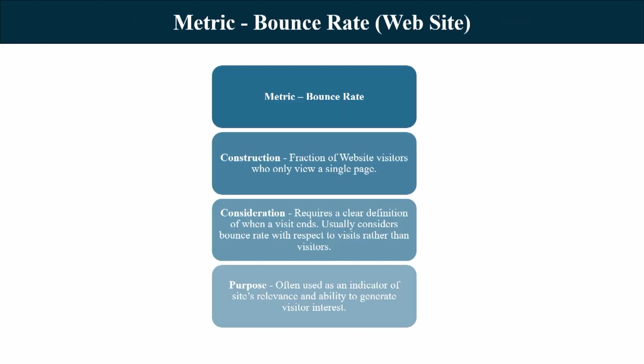Now let us look into some of the important metrics. We will start with the metric called bounce rate. This metric was already discussed in some of our previous sessions, but I will try to reiterate it. Bounce rate is just a surrogate of the literal meaning of bounce. Basically, a person has come somewhere, has not spent much time, and has gone out of the place. So this is a kind of bounce.